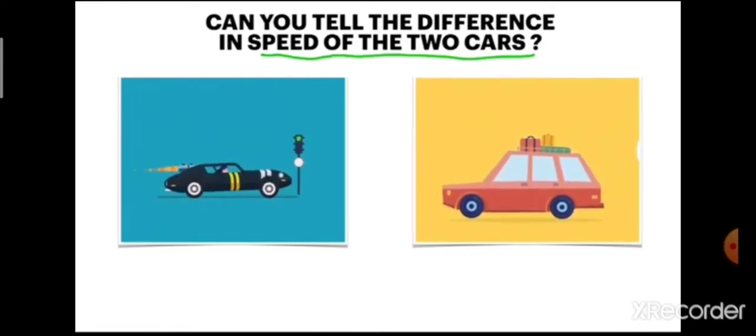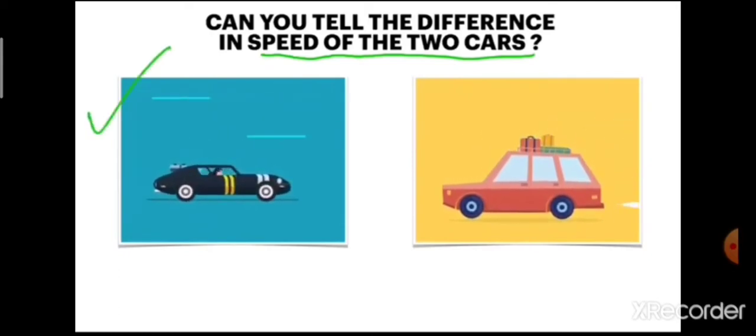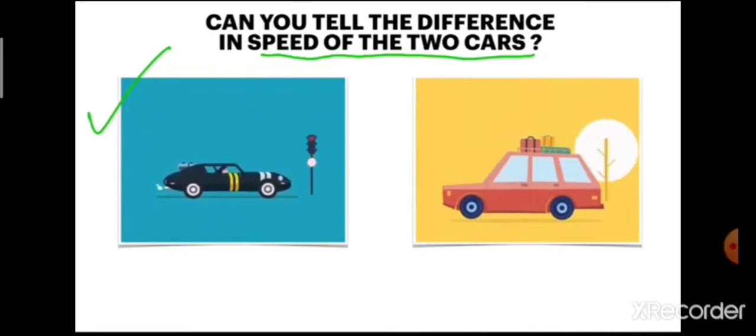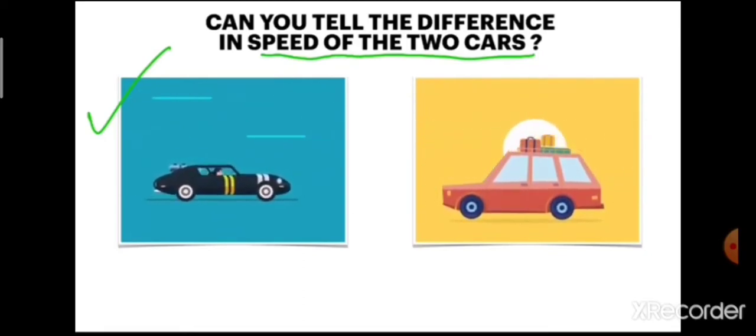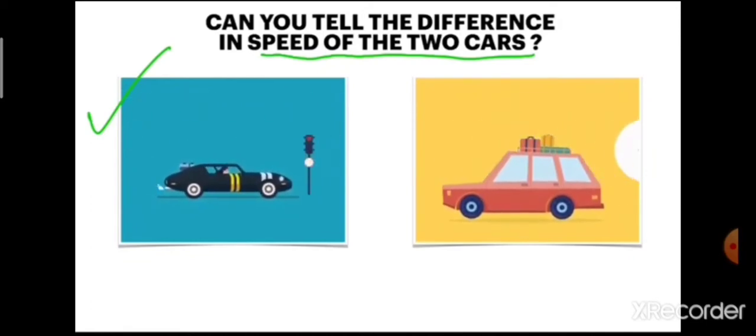If you have noticed, the car on the left is moving, then it is stopping, and then it is moving again. So basically it is changing the speed, right? Again it is moving, then the speed becomes 0 and then again the car starts moving.